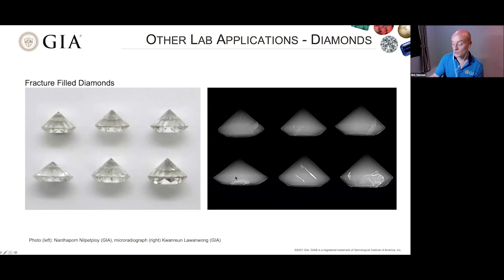So a useful test, but not really necessary in the lab, because most of these fracture-filled diamonds are easy to spot. However, there are some cases submitted to GEM labs. They're usually submitted for diamond grading and not necessarily for diamond identification, so if the senior diamond graders spot something, it gets changed to identification. It's not graded. If they have any doubts about a stone, because obviously there are certain borderline ones, we do sometimes get a visit from the diamond grading department, but it is very rare.